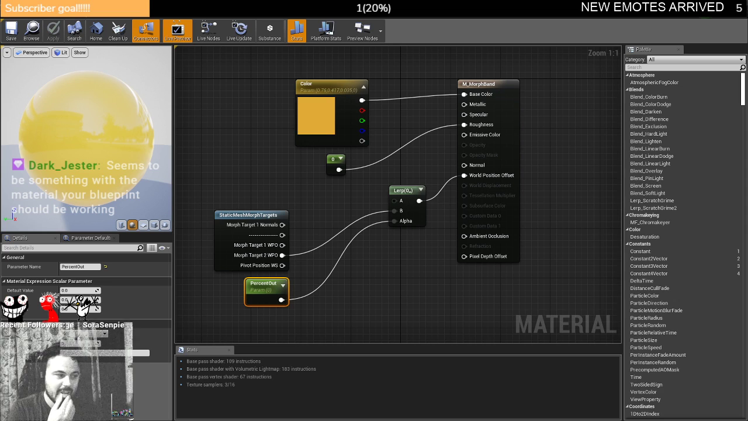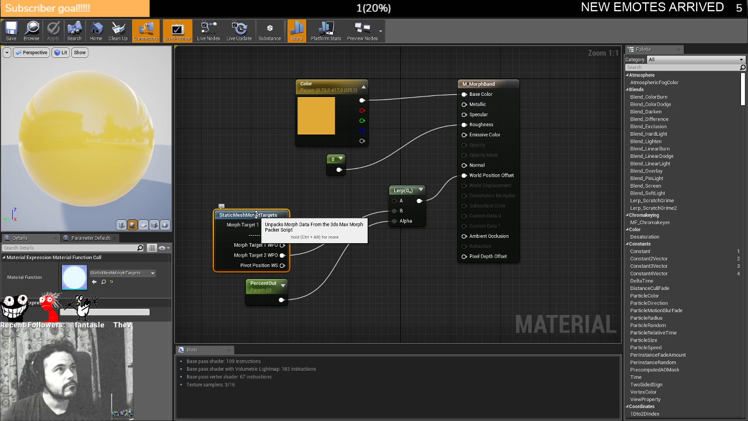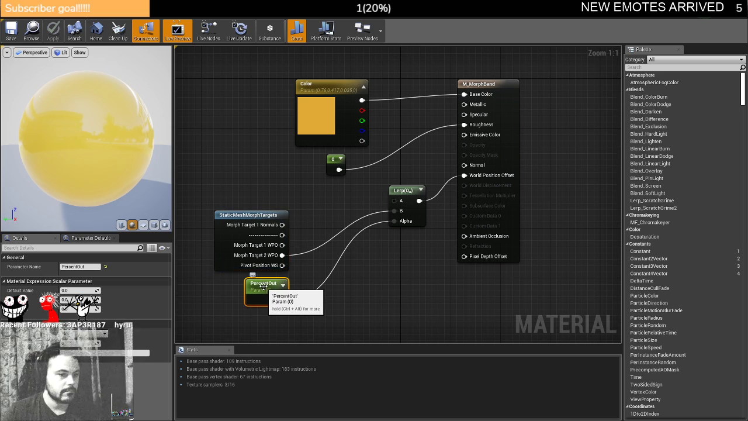So to do that's rather simple. I just held down L and left clicked to add a linear interpolate. So we call this a lerp. And I'm going to plug in WPO into the B channel. My alpha is going to be a scalar parameter they add by holding down S and left clicking. So remember, a scalar parameter is a singularly modifiable value. So I drop this in, and I'm just going to call this